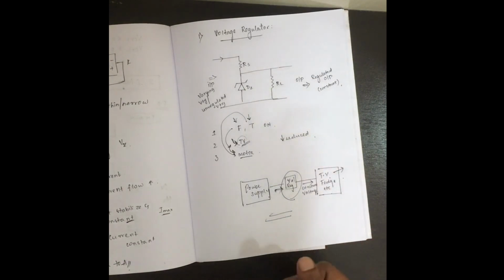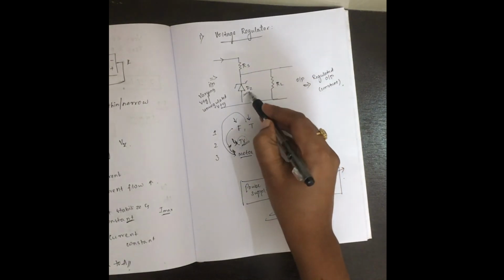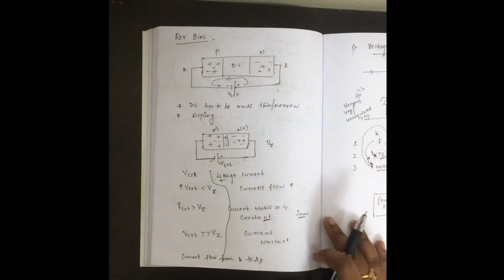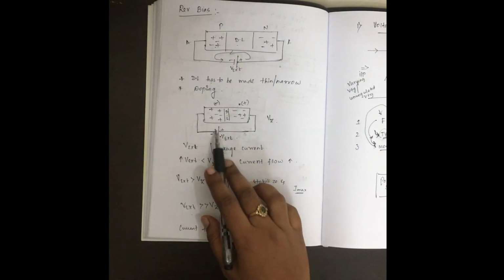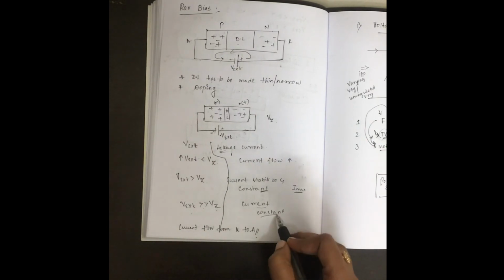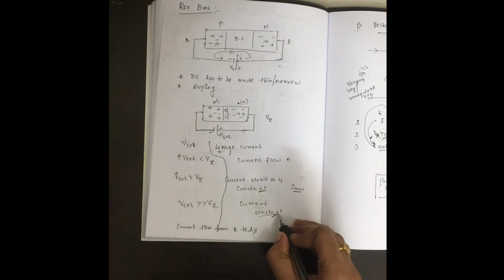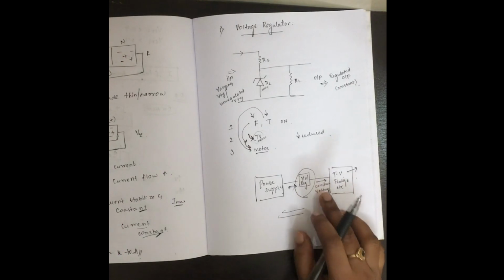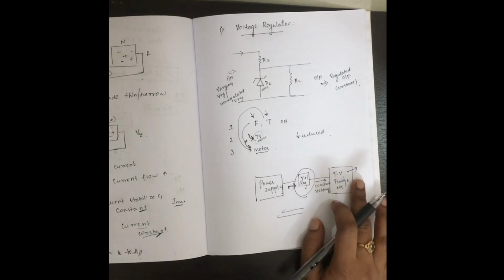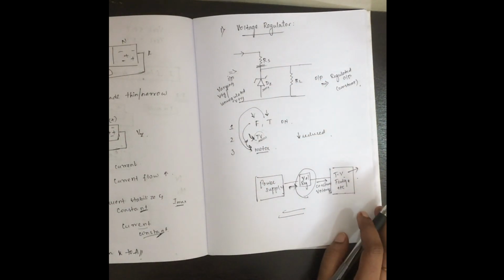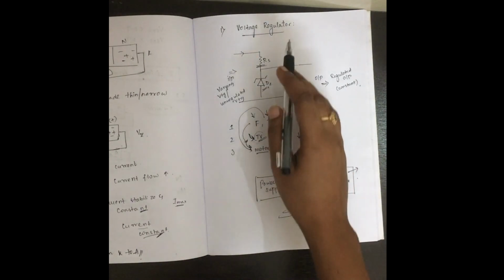So that's all about the voltage regulator using the Zener diode. Actually, I told you it gives a constant current. In the Zener diode's reverse bias condition, when the external voltage applied is greater than the Zener voltage, the current will get back to normal. That is, the current will become constant. That constant current, I max, is determined by this series resistor. So this constant voltage or constant current supplied to the devices will be determined by this resistor which is connected in series. So that's all about the Zener diode and one of its best applications in day-to-day life, that is the voltage regulator.